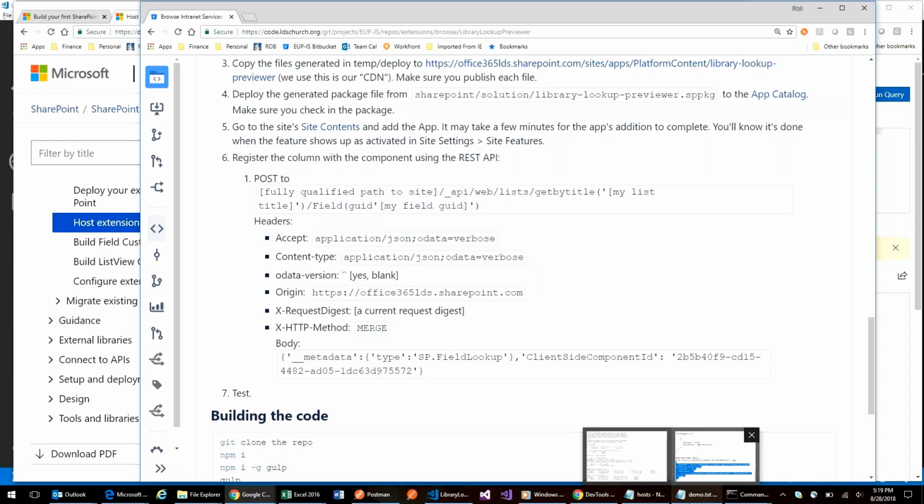Okay. Well, thank you. I hope you found this enjoyable. I hope it gets you thinking about some great things you can do in your own SharePoint Online tenancy with modern